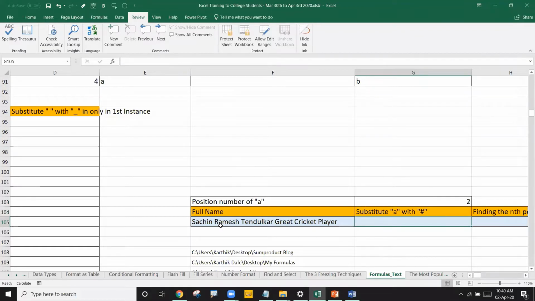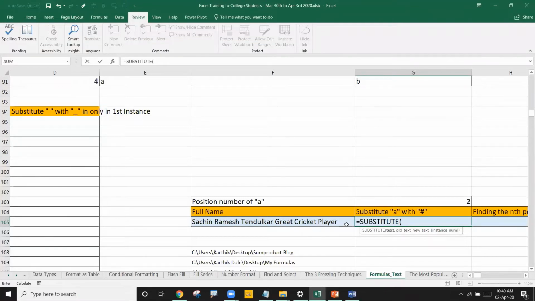So here, that logic, what we are going to do is use a formula called SUBSTITUTE. Using SUBSTITUTE, you can substitute one word, that old word, with a new word. Check this out. I'll write the formula SUBSTITUTE. This is a new formula. It is asking for 4 arguments: give me some text, tell me the old text and new text, and the instance number. There are 4 arguments in it.